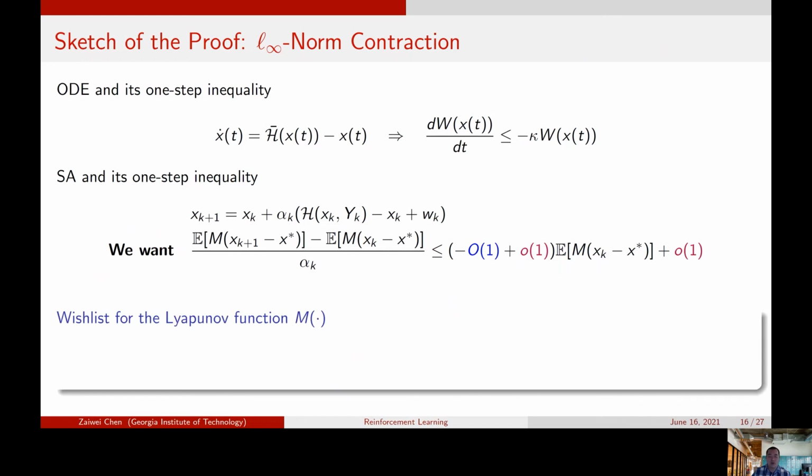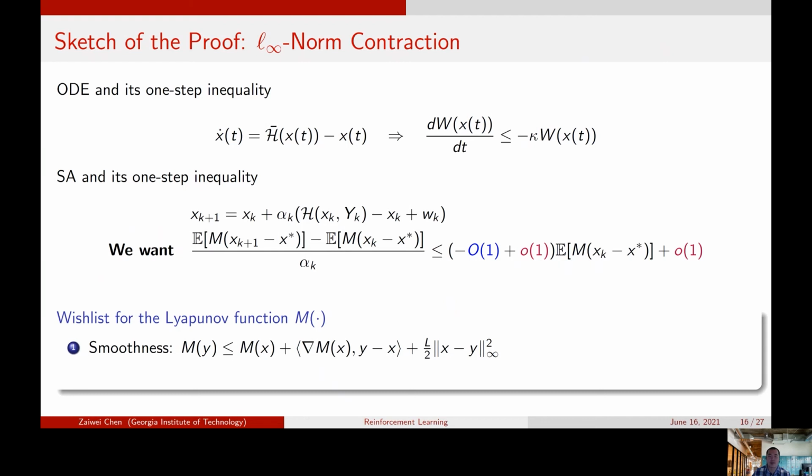So what kind of Lyapunov function can give us this one-step drift inequality? What kind of properties should this Lyapunov function have? Well, the first property we need is smoothness. Why is that? First of all, recall that in part 1 of this tutorial, where convergence bound of weighted L2